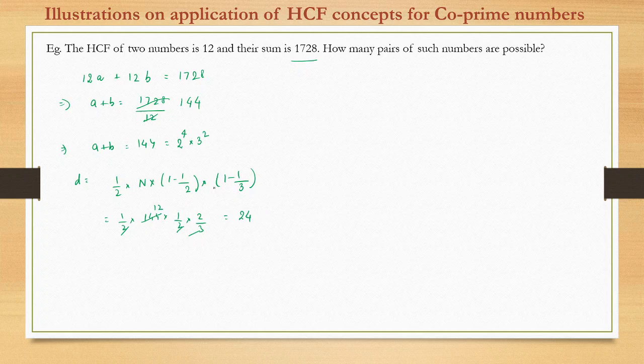I mean, had we not known this formula, it would have been really difficult to find the answer to this question. Otherwise we would have to write 144 as a sum of two co-prime factors with all the manual cross checking. Those are very highly prone to mistakes and lengthy also. So this formula makes life much easier, so simple. So 24 is the answer here. So 24 such pairs of numbers are possible. We can directly find it. Okay.